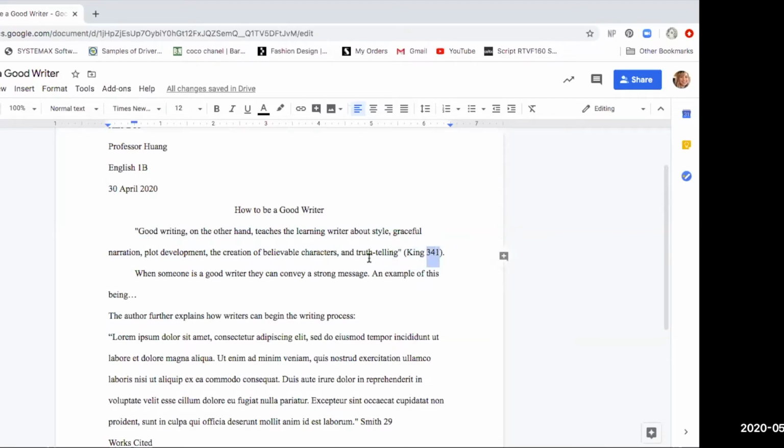If you have a source that maybe doesn't have a page number, then you don't need to include it. You would just have the author's last name. And notice that we don't have a comma in between the author's last name and the page number. It would just be like here, King, 341, or even down here, we have Smith, 29. And you can also introduce the author first, then have the quotation, and then you would just have the page